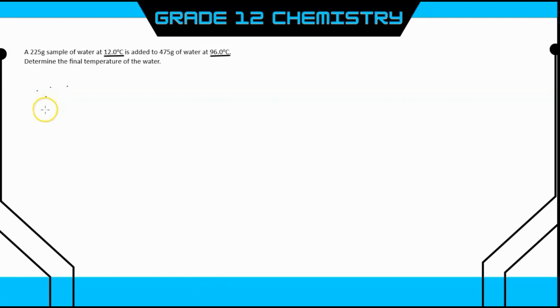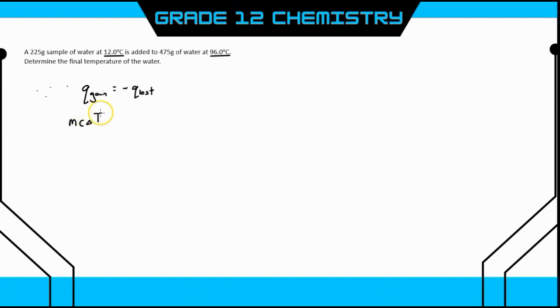So this is an example of the principle of heat exchange, which we say that Q gained is going to equal the negative Q lost. So the amount of heat gained by this first sample of water, whose temperature is going to increase when these two are mixed, is going to equal the negative of the Q lost by this sample of water that is going to lose that thermal energy. Okay, now since this is a physical change, and we have no change of states either, so Q gained is going to equal